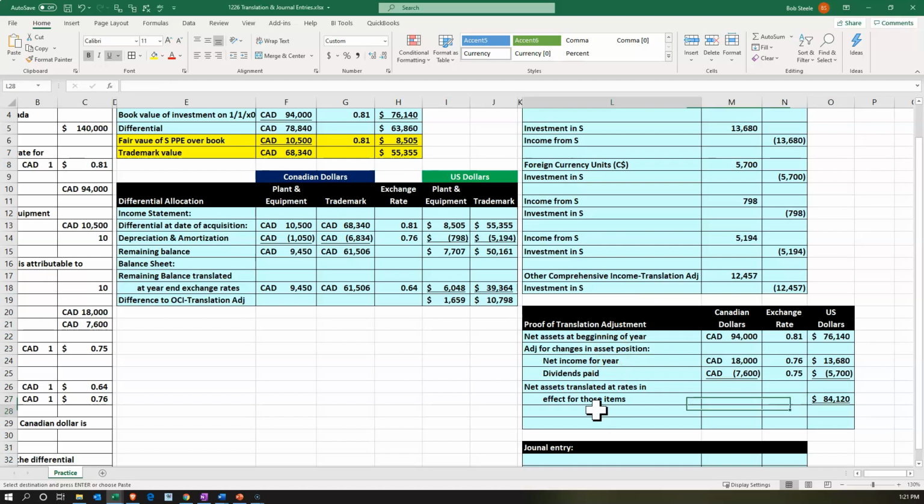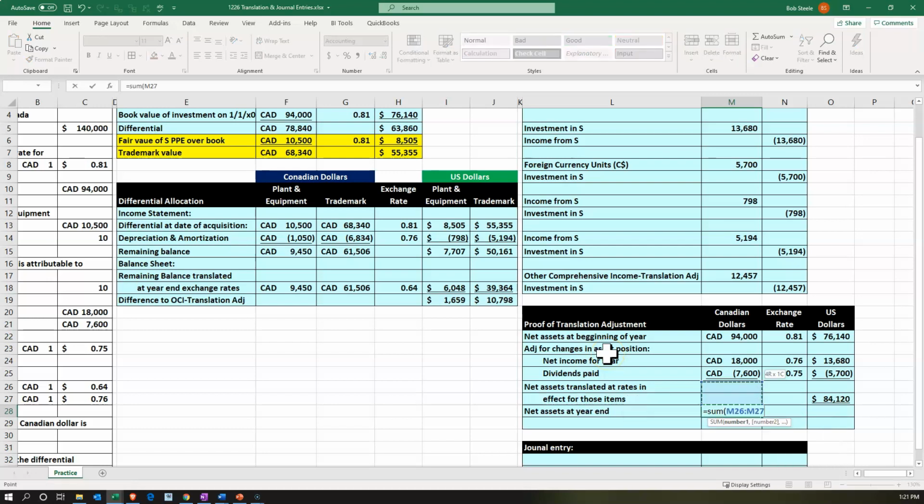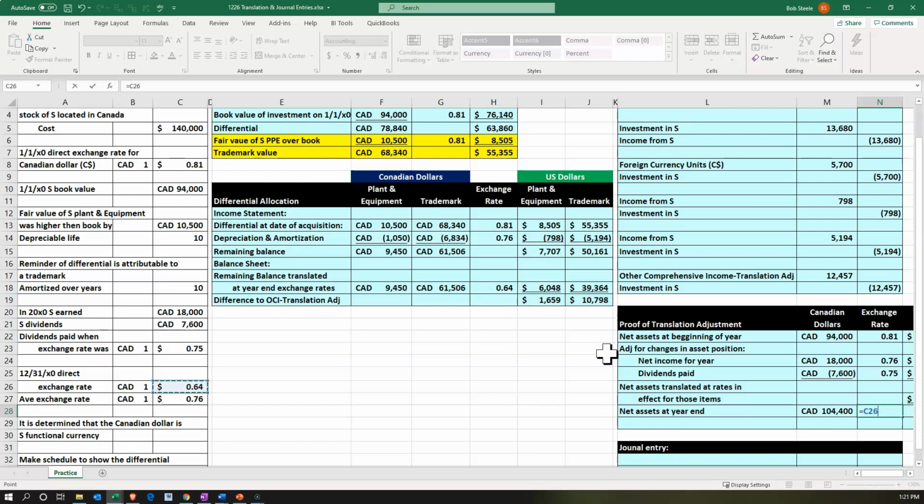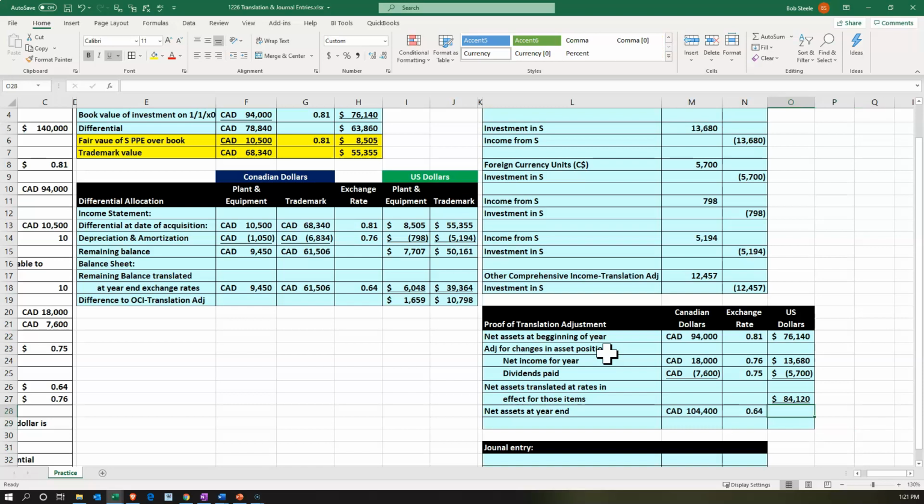And then we're going to say net assets at year end. This time I'm going to sum up this column, equals the sum of these items. Then we're going to take a look at the translation rate at year end, which is 0.64. That's as of the balance sheet date at the end of the time period. So now we're going to multiply this out. There's the 104,400. If we multiply that all times the 0.64, the one rate here versus the multiple rates we used up top,